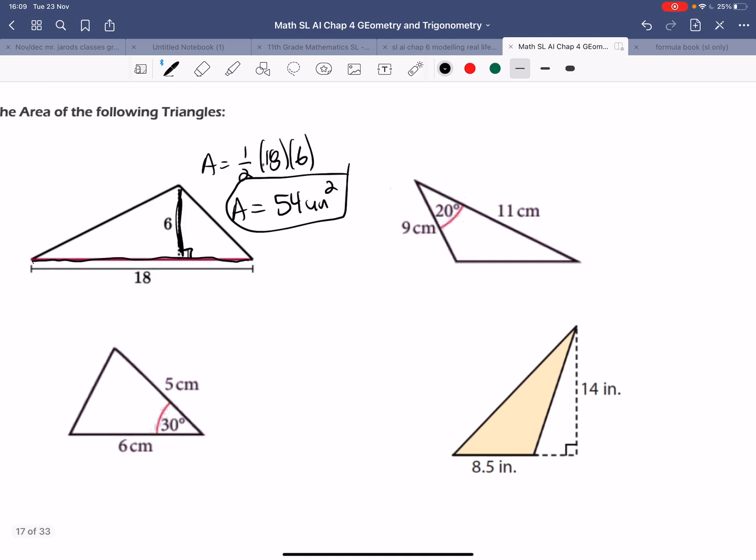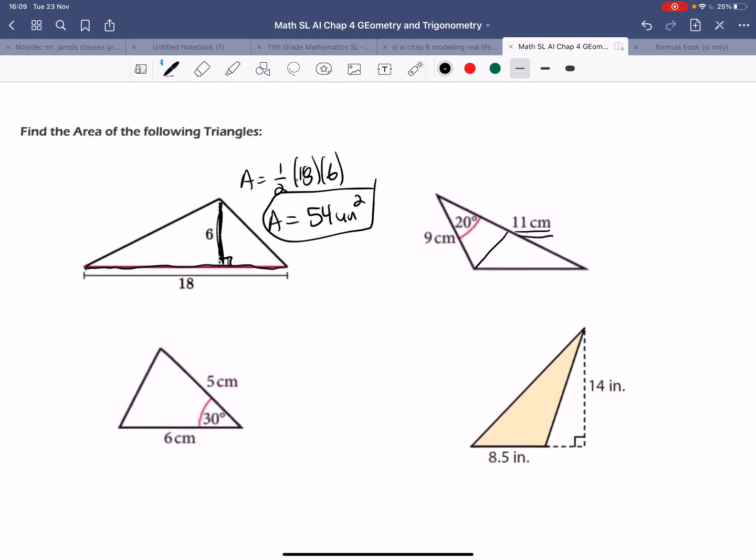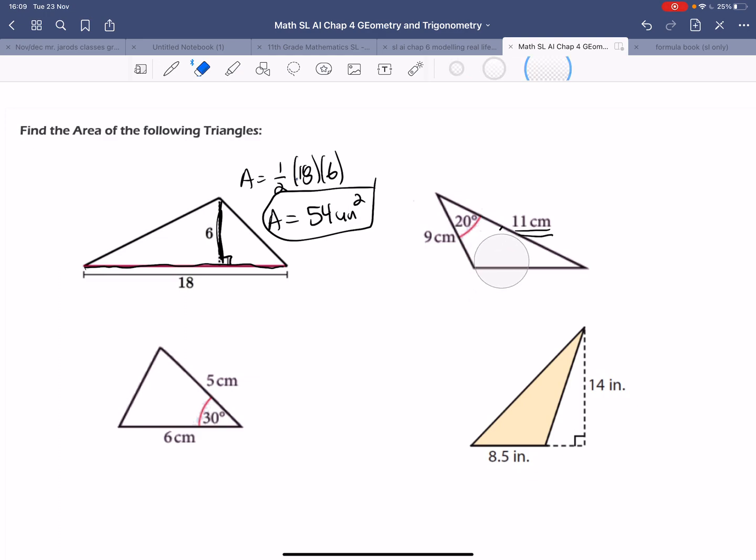All right, this one right here, we don't know the height. We do know a base, but if we were to flip this around, then that would be our height and this would be our base. We don't want to go through and find that. So we look and we say, does our sine area formula work? Remember, in order to use area equals 1/2 AB times the sine of angle C, which is in between A and B,